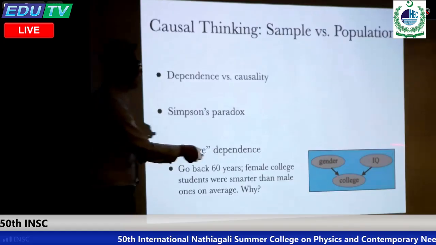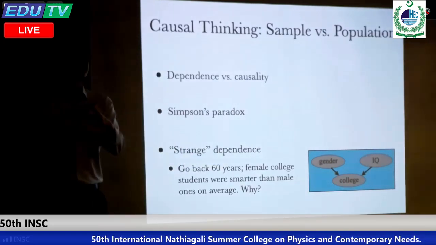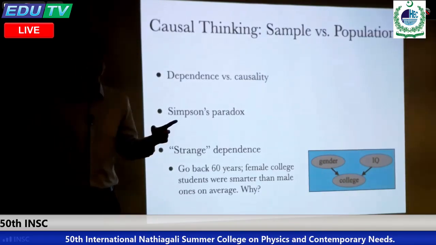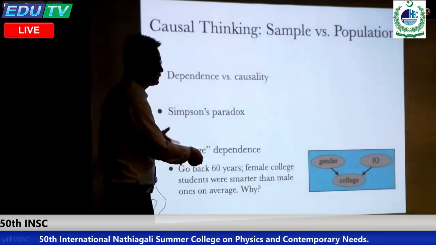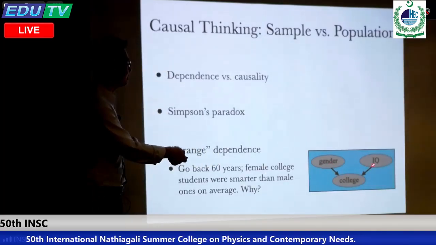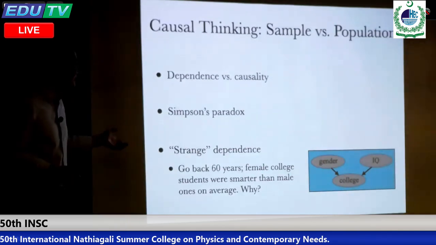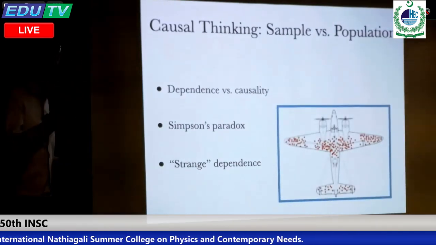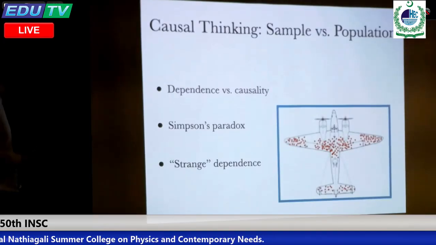You can think of X, Y, X plus Y, right? If you know X plus Y, then X and Y will be perfectly negatively correlated because the sum is given, right? That's conditioning. So now you can see why female students were smarter than male students, because it's harder for them to get admitted, right? So this is called selection bias. Selection bias is almost everywhere. If you pay attention to the polling results for the presidential election in the States, you can see every time there was a selection bias.